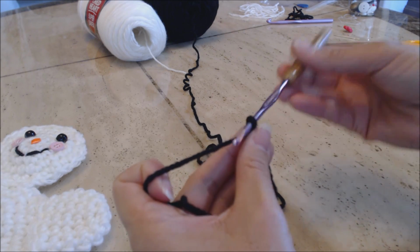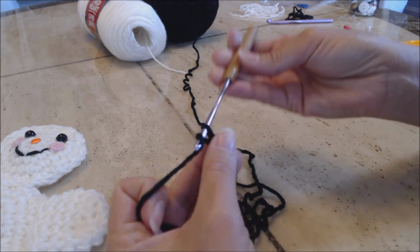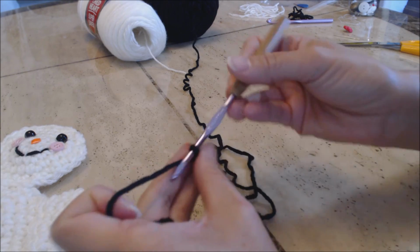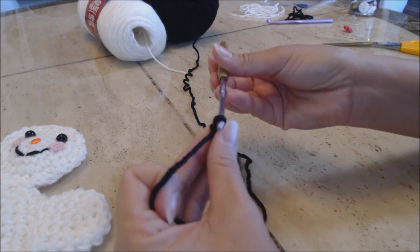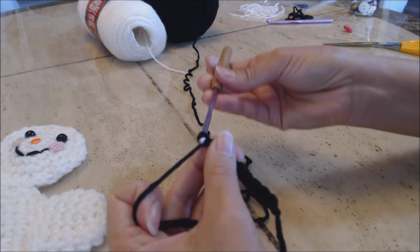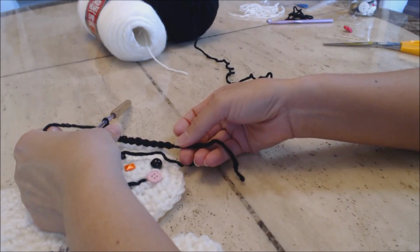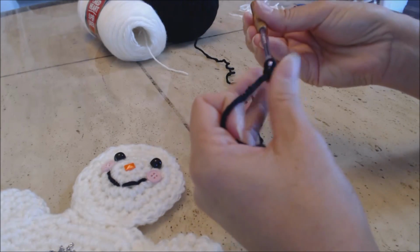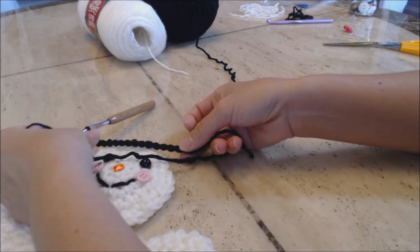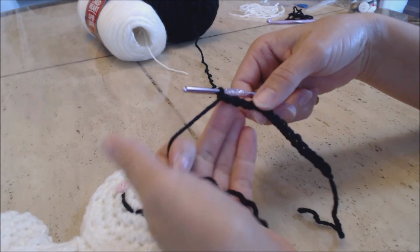And then you're going to chain however big you want your hat. You can measure it on your snowman. So I'm doing 1, 2, 3, 4, 5, 6, 7, 8, 9, 10. And you can kind of just measure. I'm going to make mine a little bit bigger. 11, 12, 13, 14. And that looks like a good size hat. So that was 14. Then I'm going to chain 1,